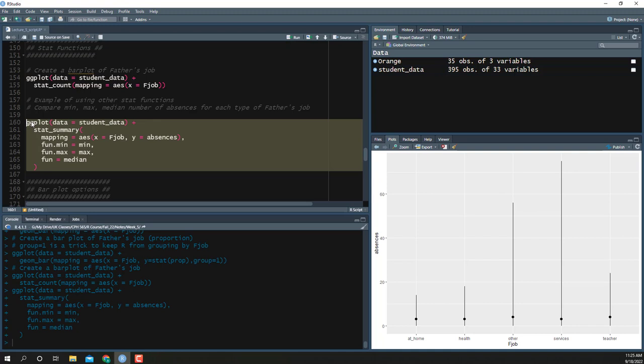And so in this example, we're still using the data set, but instead of stat count, we're using stat summary. So in stat summary, what we can look at in the mapping is we can compare father's jobs to number of absences that the students have. And then what we can define here are the min, max, and the median. So this is just another way to visualize this data. So for each of these different types of father's jobs, we have the minimum number of absences, and it looks like for all of these groups the minimum number is 0. We get the median for each of these, and notice the median for each of these types of father's jobs is pretty much the same